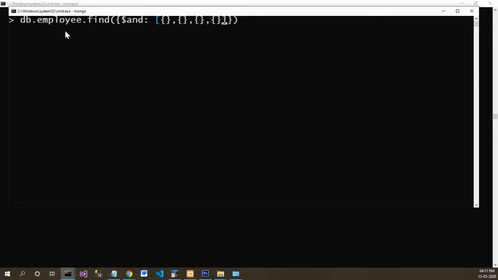You can have multiple AND conditions. For now, I'll have only two conditions just for a simple example. So what it means is we are checking two conditions within this JSON array as an AND. So first condition and second condition, if matched, then only data will appear. So let's see that. Now let's check.